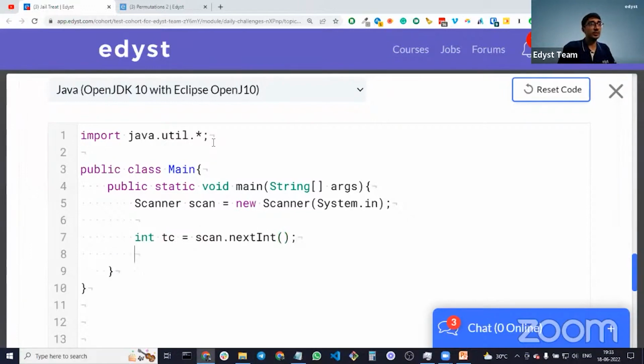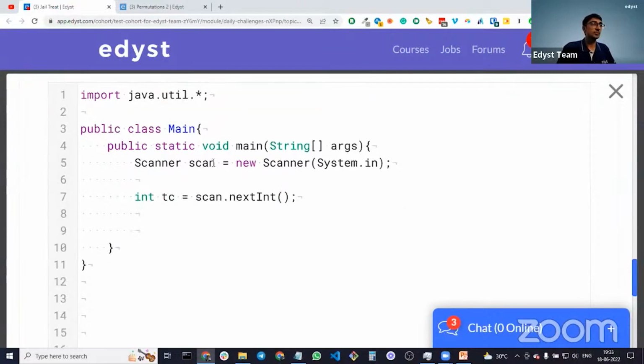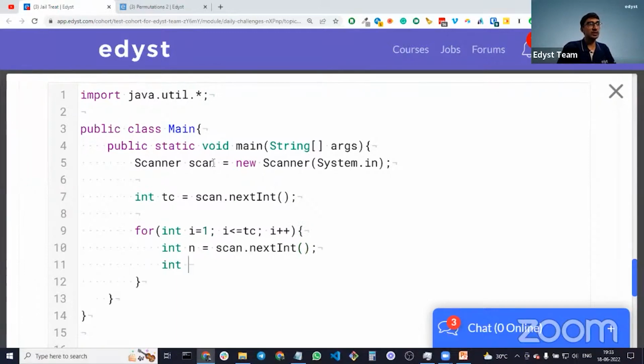All right. Then what do we do after that? We take the array. So we go for int i equal to 1, i less than equal to test cases, i plus plus, and we'll do int n is equal to scan.nextInt, because in Java you don't really care